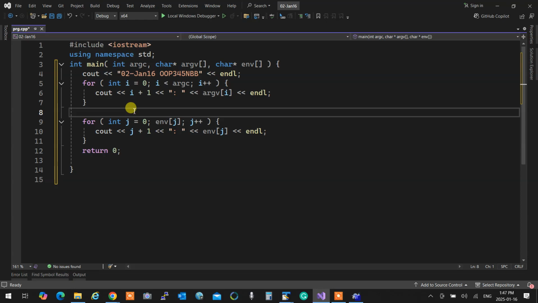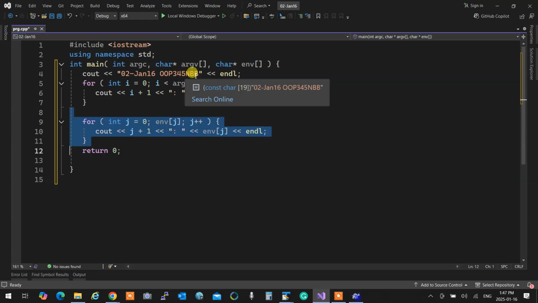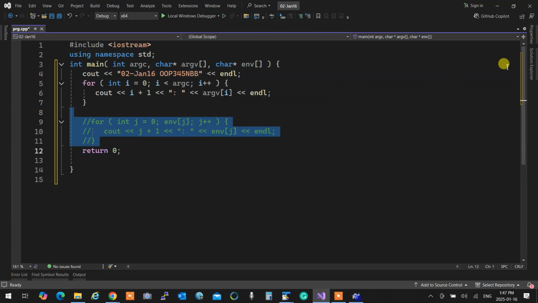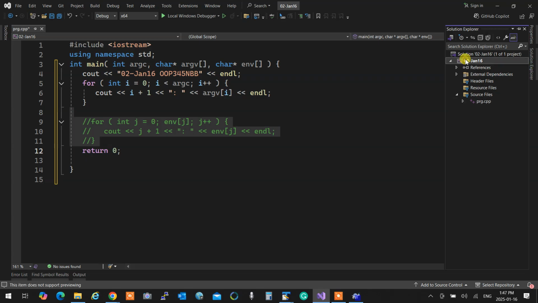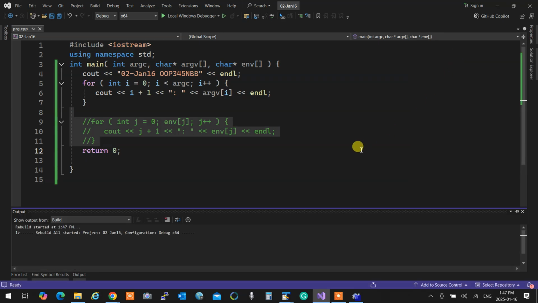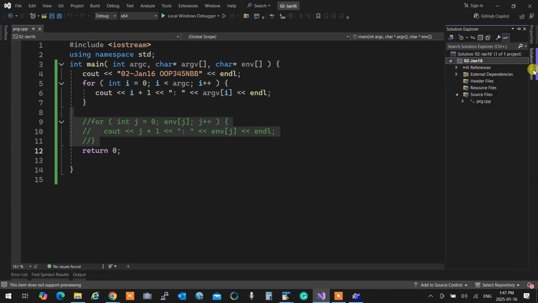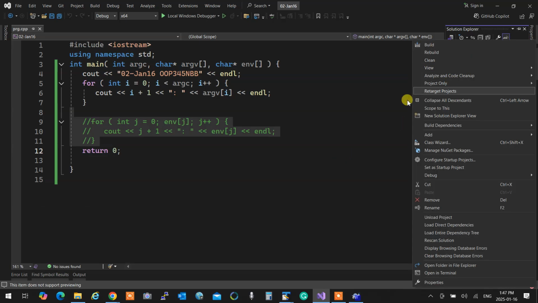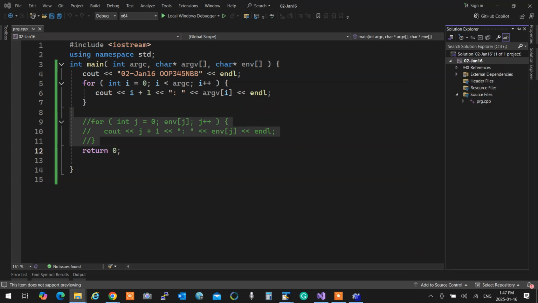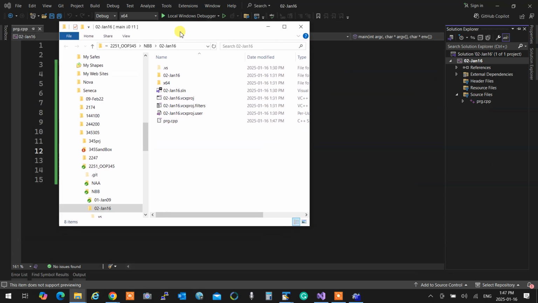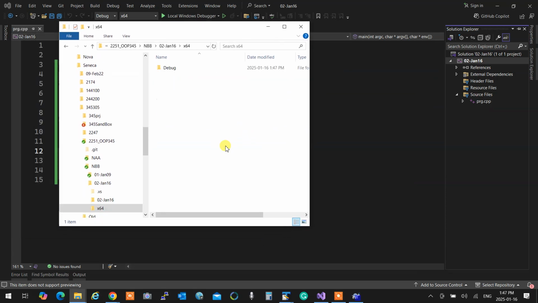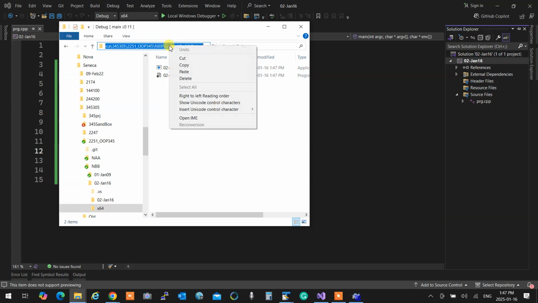I'm going to comment the env because I don't want it now. And I'm going to compile the code. Now that the executable is generated, I'm going to see what is the path of my executable. And my executable should be here. So I'll copy that.